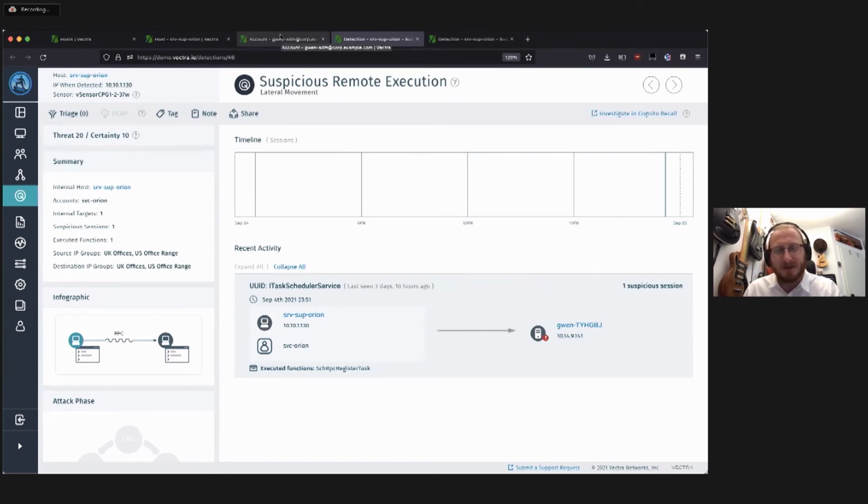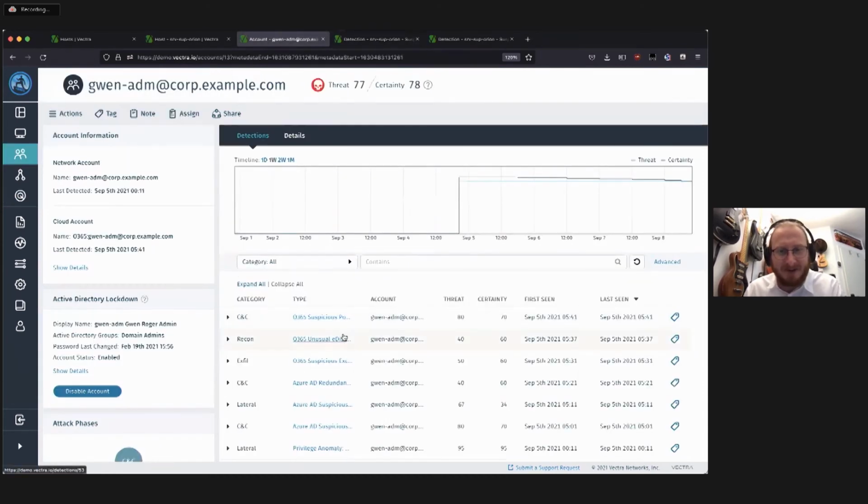Because we can see now that this account, SVC Orion, was used to log into the Gwen ADM system. And now we see the Gwen ADM account doing some suspicious activity.